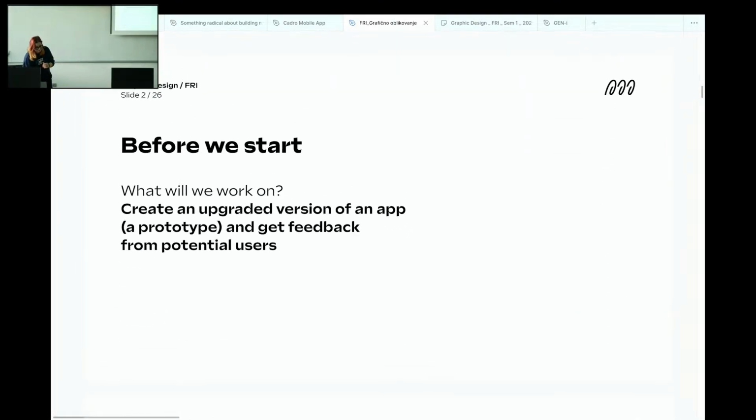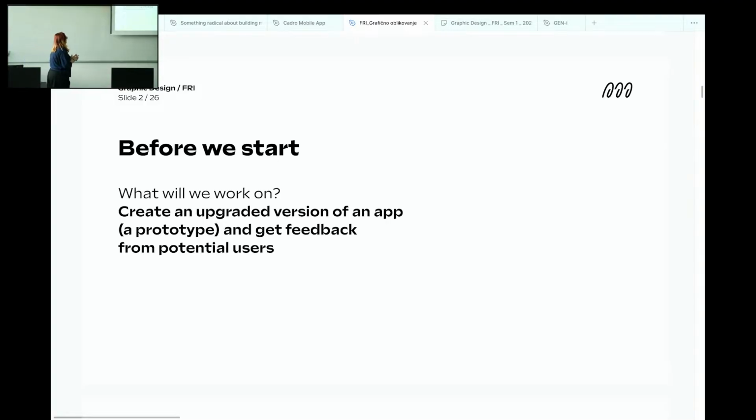So what we will be working on, so not an upgraded version but just a version of an app. So you will be building an app based on the topics that we prepared. Mateusz already mentioned, it's in the Split Naučilnica. So with each group you keep the same groups as you did in the first part of this class. Each group decides which of the projects you will work on. There's four